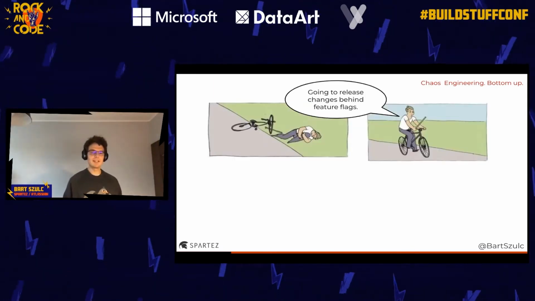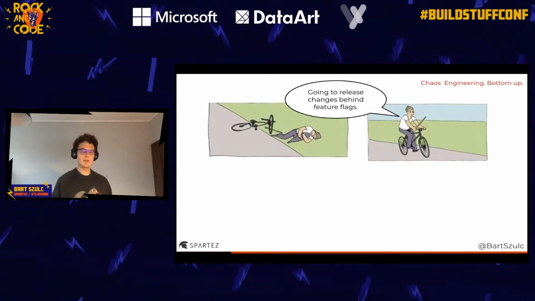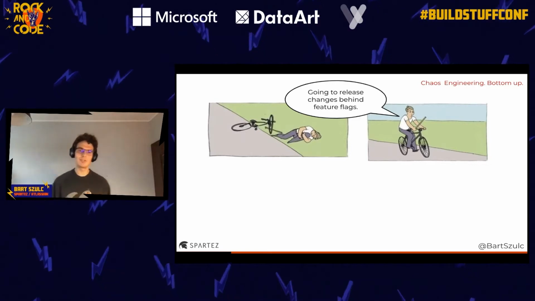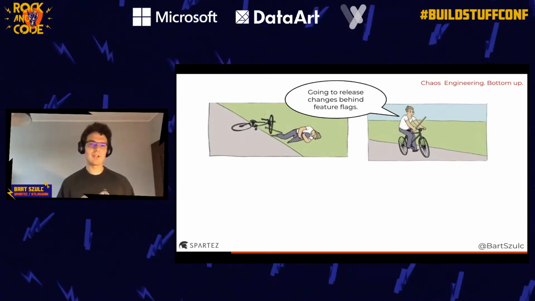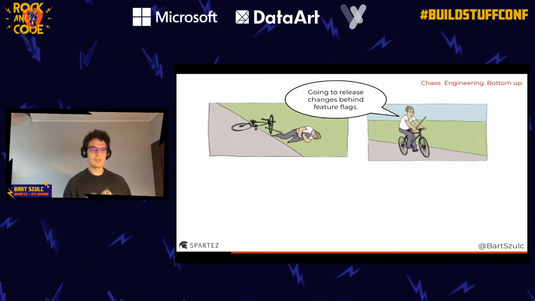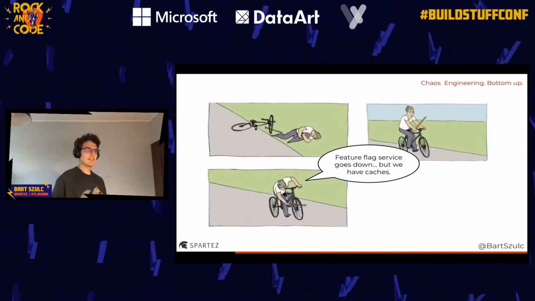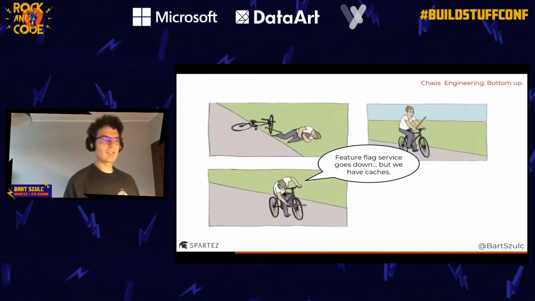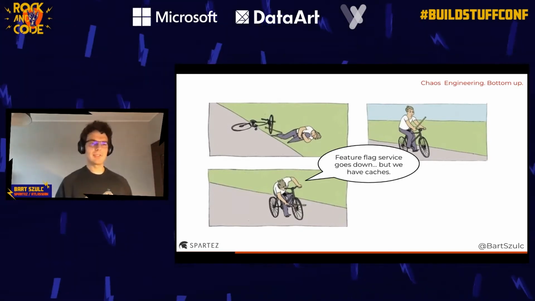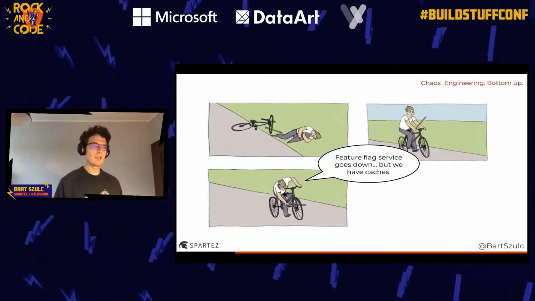So we decided we needed to be prepared for that kind of situation. Every time we are about to change the structure of messages exchanged between services, we release those changes behind feature flags, and slowly switch from one implementation of a producer to another, and from one implementation of a consumer to another. But we knew that once we started releasing such changes behind feature flags, we would be dependent on some kind of feature flag service. And this is yet another component that can fail in this distributed environment.